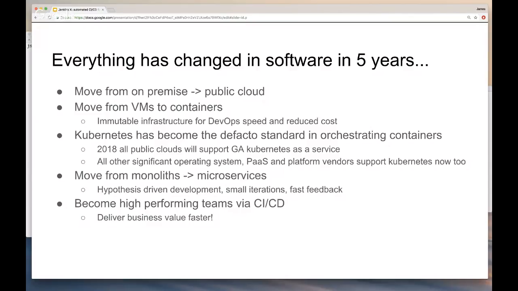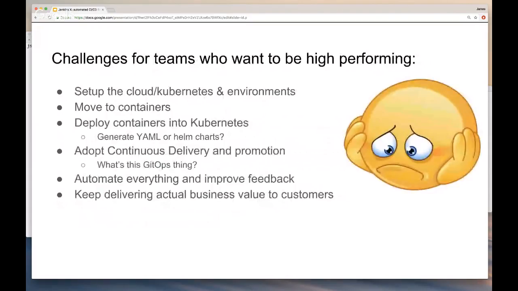So we basically want continuous integration and continuous delivery with containers on Kubernetes, on any Kubernetes cluster, public or private cloud, which is a kind of an issue, right? Suddenly, there's all this stuff we all have to do. So if you're a team right now who's trying to deliver software value to your customers,